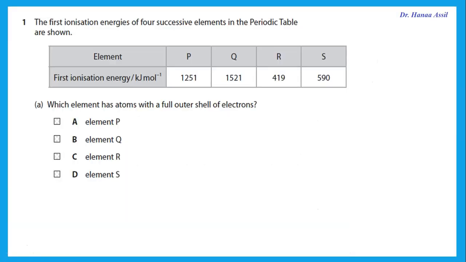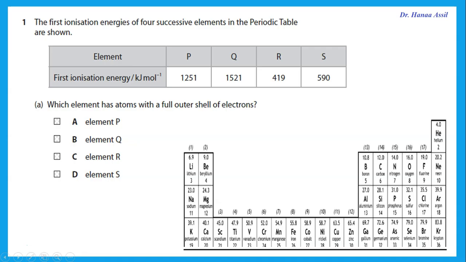The first ionization energies of 4 successive elements in the periodic table are shown. Which element has atoms with a full outer shell of electrons? So, we're being asked which of these is a noble gas, or which of these is in group 0 or